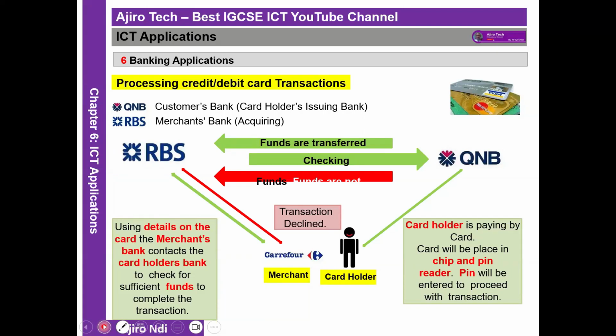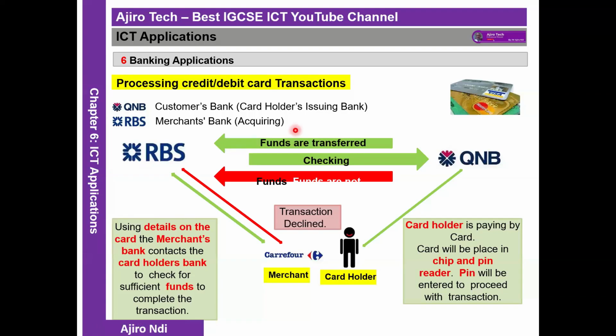So what happens is paying for items using this chip and pin is a form of what we call electronic funds transfer. Let's say, for example, suppose a customer goes to a restaurant to pay for a meal using a chip and pin card. Once you've eaten your meal, the pin is entered using a keypad. This is a good example of those pin devices, right? And using a keypad, the card is checked to see if it's valid. The pin is then read from the chip. You slot in your card, you put in your pin, the card is checked to see if it's valid.